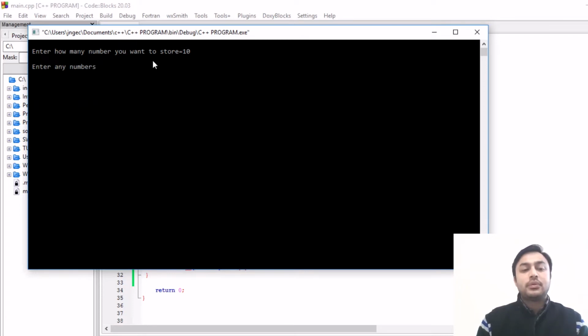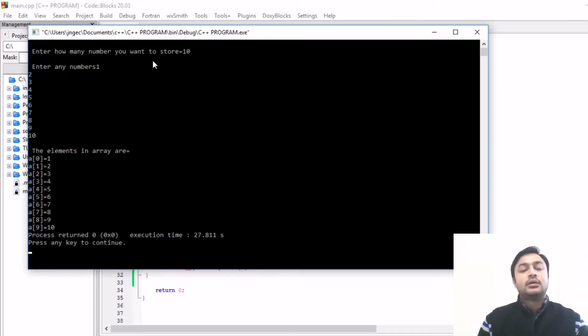So enter the numbers 1, 2, 3, 4, 5, 6, 7, 8, 9, and 10. Now it will display the 10 elements: a[0] to a[9]. 0, 1, 2, 3, 4, 5, 6, 7, 8, 9 are the index values, and 1, 2, 3, 4, 5, 6, 7, 8, 9, 10 are the elements. So this is a general program.